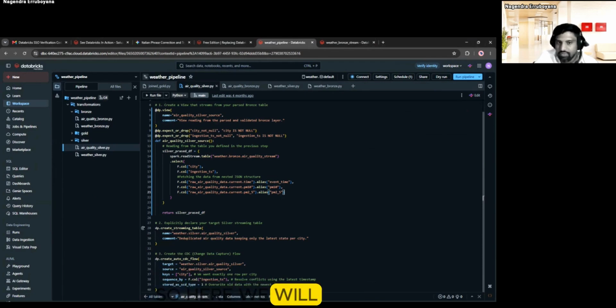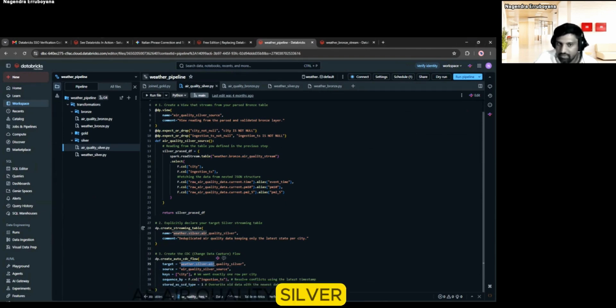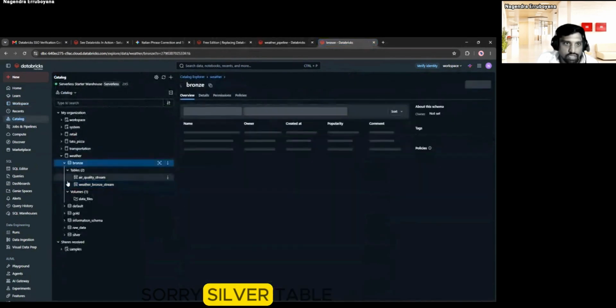Here we will be using the source table, the view, and we are storing the data in the target table as air quality silver. So here we are using the key to group by city and sequence by ingestion timestamp, and SCD type 1, where we override the data. So, to show you the silver table,